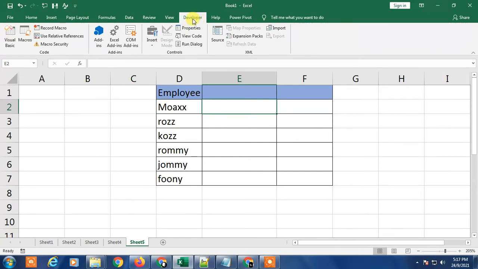After getting the developer option, here you can see there are many commands that you can use, and here you need to click on insert, and here you can find the form control and ActiveX control. ActiveX control is for the dynamic checkbox. So I'm going to show you the form control, the basic level control. So just click on this tick